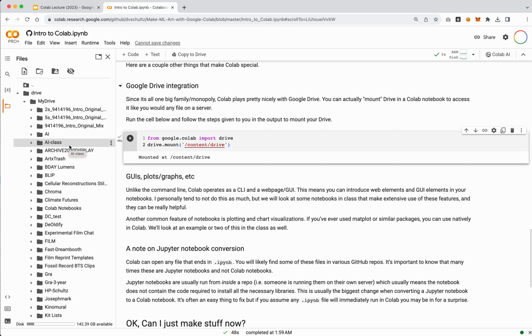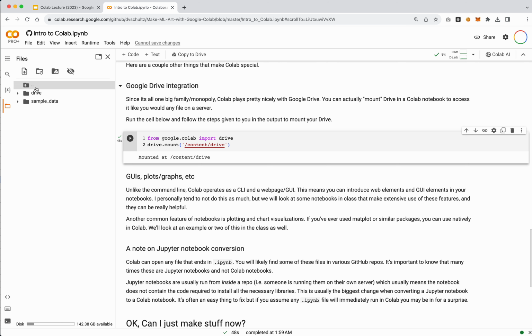Now, what we're going to do in this class is make a single folder called Algo Film, and we'll just work off of that folder in Drive the entire time. That will make everything a little bit simpler. It'll make sure we save the correct things directly into Drive and don't lose them. Because as I mentioned, in Colab, anything outside of this folder is technically on the computer that we're renting, essentially, for this time period. And when we delete our runtime, we will actually lose access to anything outside of this folder.